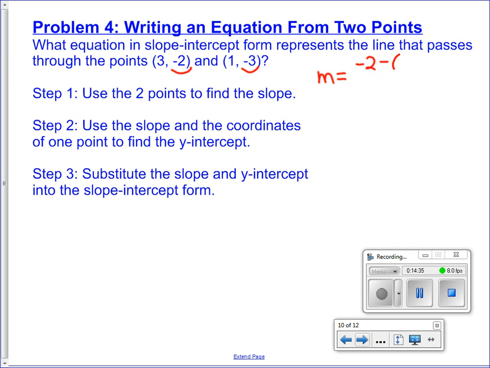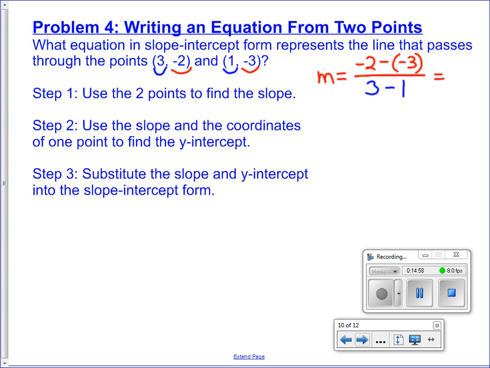-2 minus -3. Remember, it doesn't matter which one comes first. But since I started with -2, I now have to start with the 3. So I'll take 3 minus 1 as my change in x in the denominator. Solving,